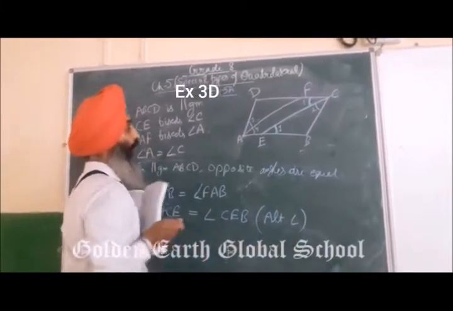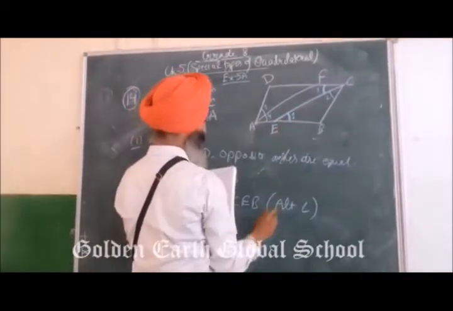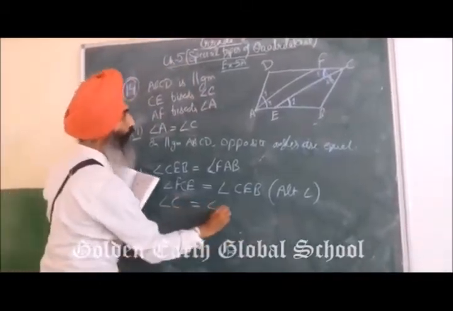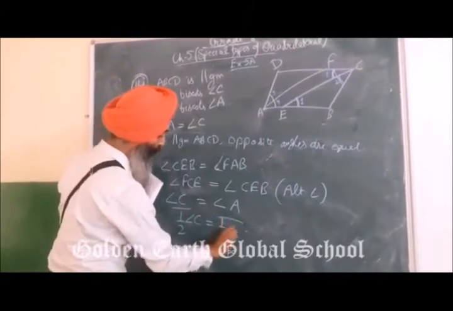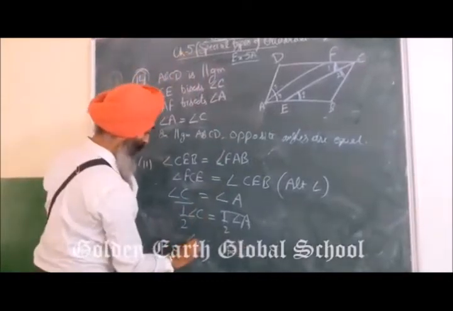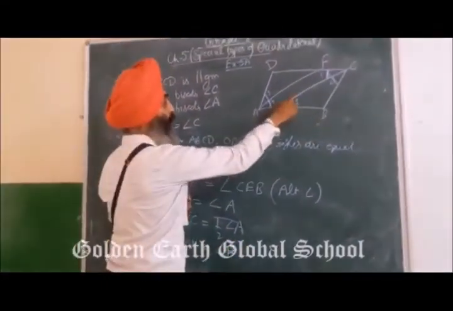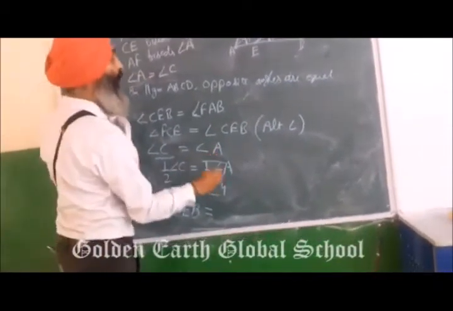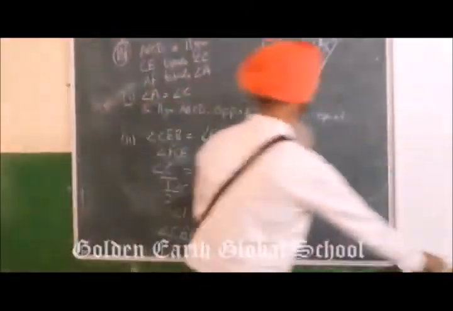So as now ध्यान से देखो, we have to prove this angle is equal to this angle, okay. So how will you do now, as ABCD is a parallelogram, so you can say that angle C is equal to angle A, okay, and half of angle C, half of angle C को आप लिख लो ये वाला एंगल, angle 1, can I write angle 1, और half of angle A को मैं लिख सकता हूं angle 4, क्योंकि ये भी angle 1 है, तो angle 1 को मैं ये लिख सकता हूं angle CEB। Already prove कर चुका हूं कि ये कैसे आया इक्वल, और angle 4 तो already angle FAB है, तो ये हो गया इसका reason, okay everyone.